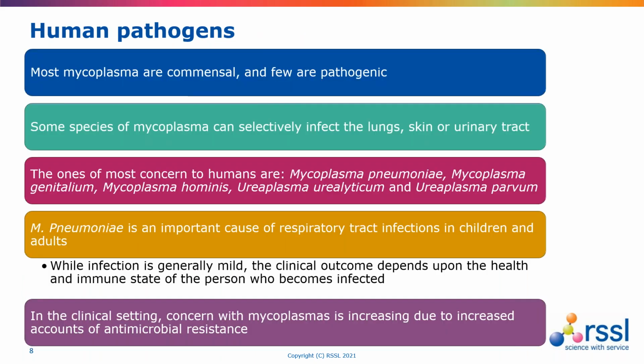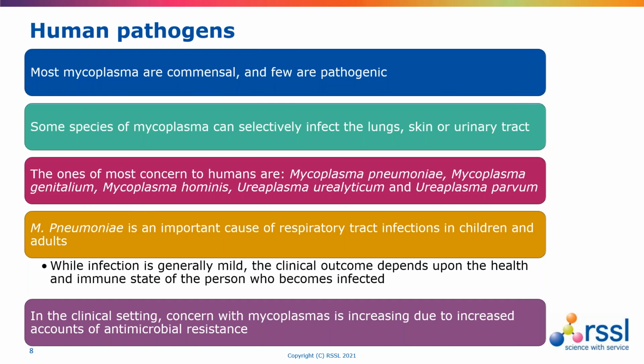They also include among their number some human pathogens, and again Annette alluded to the most common pathogen. So the main risks to people relate to infections of the lungs, skin, or the urinary tract. While there are over 200 different species of bacteria that can fall under this wider mycoplasma grouping, there are 18 that have been detected as human pathogens.